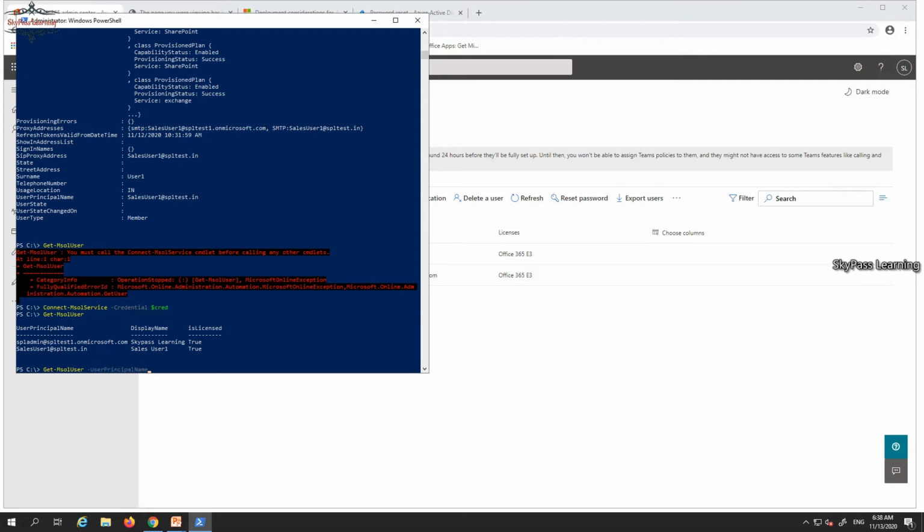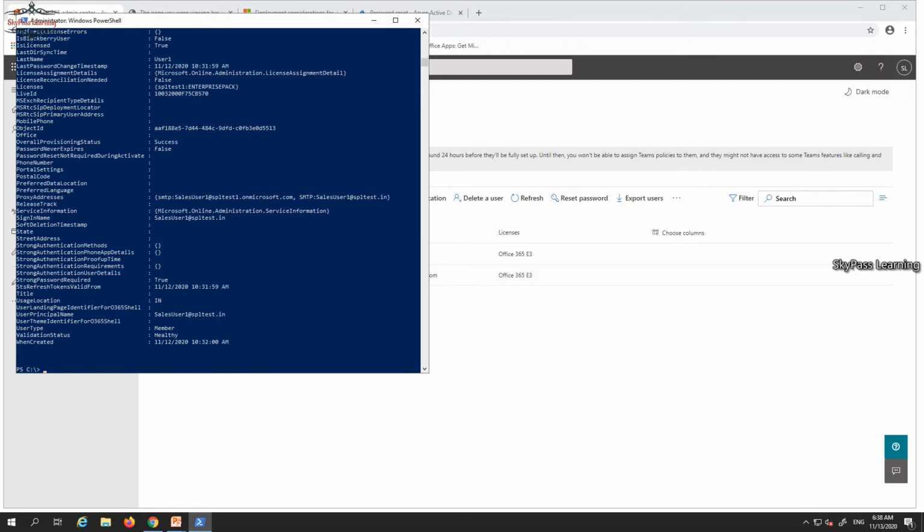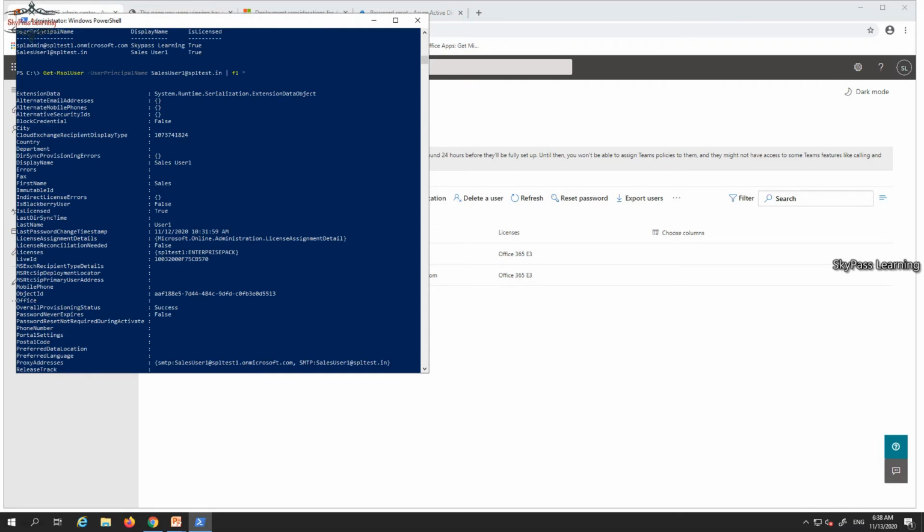So when I place the user principal name, I am just going to put this UPN here. And we can try to see if I am getting fl *, from which you can also see the complete details of this particular user account.